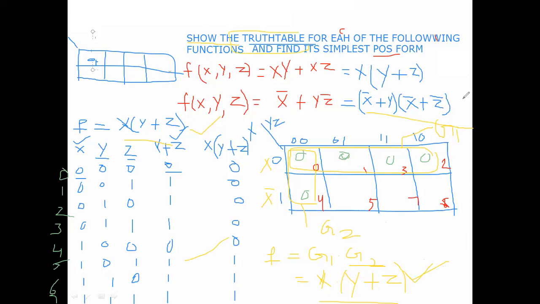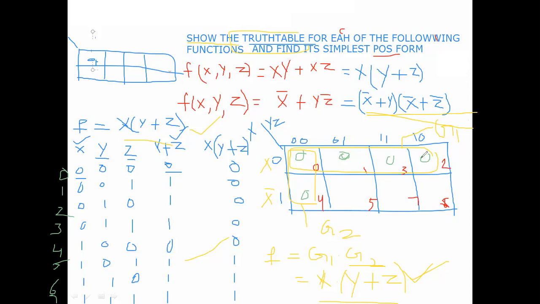You will do this as homework. In the same way, first write the truth table. X, Y, Z. Find X bar plus Y, find X bar plus Z bar, then do the AND operation between these two. Then concentrate on zeros. Write the K-map for 3 variables and put all the zeros. Is any group possible? Like that, you will get the result. You will prove this also.